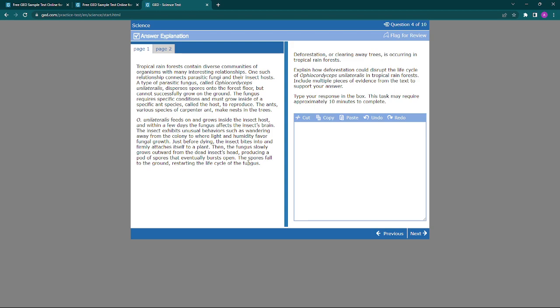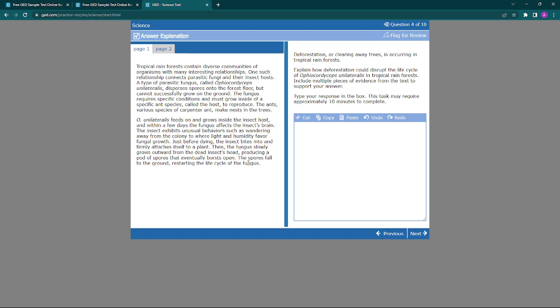And then here, it's a lot to read. Let's see. Actually, let's skim it. Or, no, let's read it. Okay. Tropical rainforests contain diverse communities of organisms with many interesting relationships. One such relationship connects parasitic fungi and their insect hosts. A type of parasitic fungus called